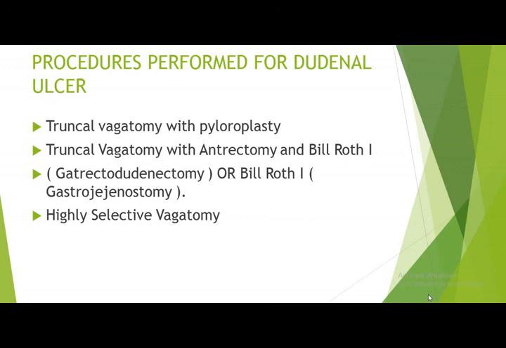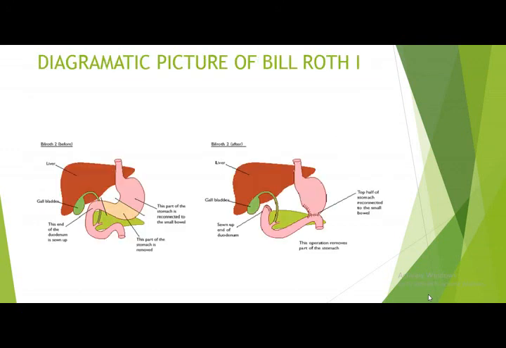Another procedure is a highly selective vagotomy, in which not the whole of the vagus is cut, only the distal supply of the vagus, the branch which is supplying the pylorus area, is cut, which is called highly selective vagotomy. Here you can see the diagrammatic picture of the Billroth 1 procedure, where we can cut the